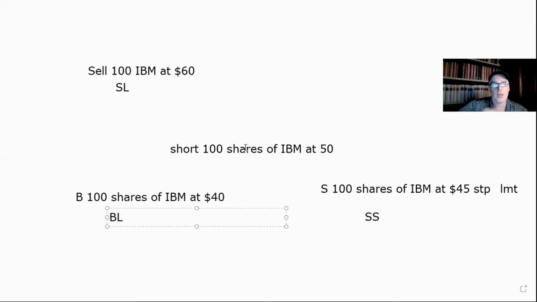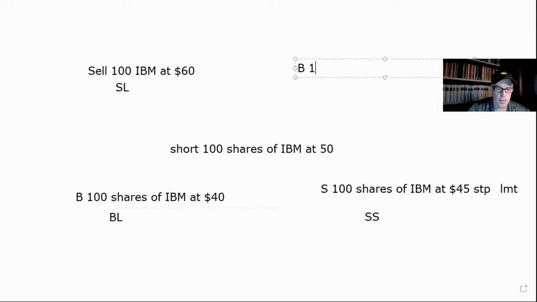Now, the risky part is, okay, I sell short at 50. I want it to go down, but I'm afraid it's going to go up. And remember, when you're shorting stock, you have unlimited loss potential. It can go up forever. So I'm going to protect myself, stop the bleeding a little bit. I look at the charts and I see a resistance up at, say, 53 or 53 and a half. Once it breaks through my resistance, I want to buy it back and stop the bleeding. So in case it goes up to 90, I get out early.